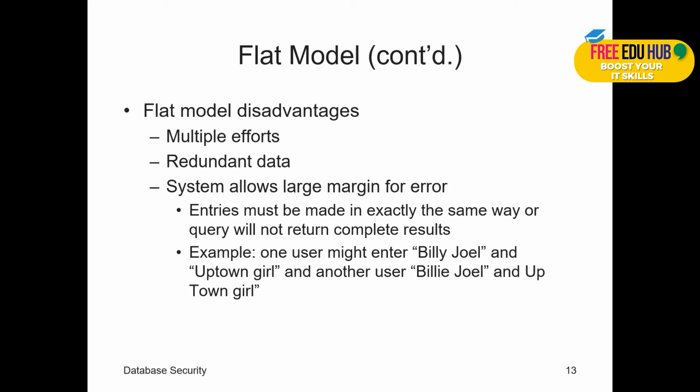For example, one user might enter Billy Joel and the Uptown Girl, and another user would spell the name in a different way and enter the title differently, giving a space in between. Thus, if these kinds of discrepancies are there, you'll never be able to find the exact information that you're